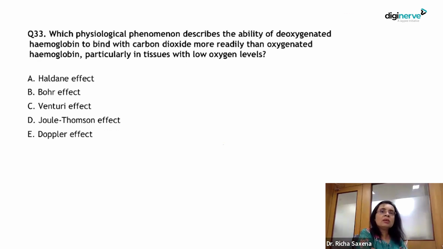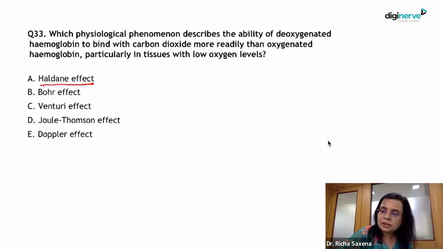Physiological phenomena describes the ability of deoxygenated hemoglobin to bind with carbon dioxide more readily than oxygenated hemoglobin, particularly in tissues with low oxygen levels. So what is this phenomena known as? Yes, Haldane's effect. So Haldane's effect and Bohr's effect, both of them are very important, and you will get some